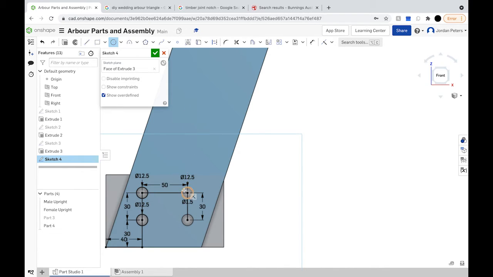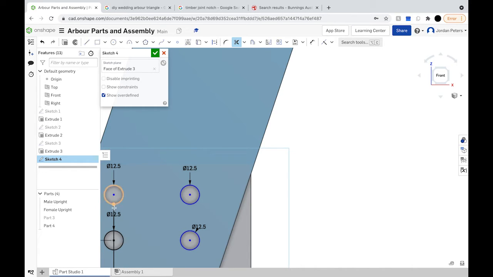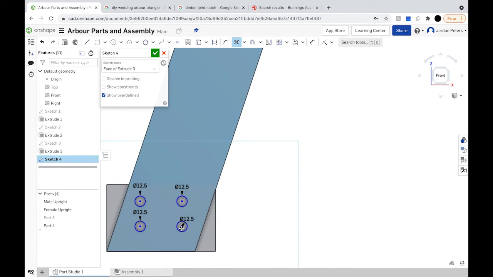Done. Oh, did that go 1.5? Don't want that. Dimension that one. 12.5. There we go. Alright, now snip out those lines. Cool. Alright, now